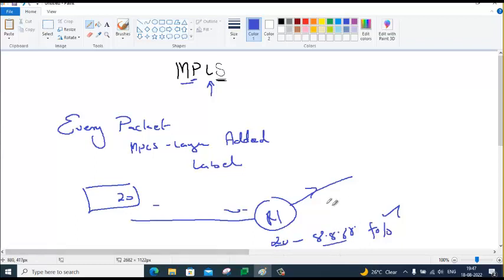To know the destination and the exit interface, this router did not read the layer 3 big header. The layer 3 header has the destination IP. It did not read that. Just by looking at this 20, which matches the baggage label 20, it means this baggage belongs to the 8.8.8.8 destination. I need to forward the packet via this direction.